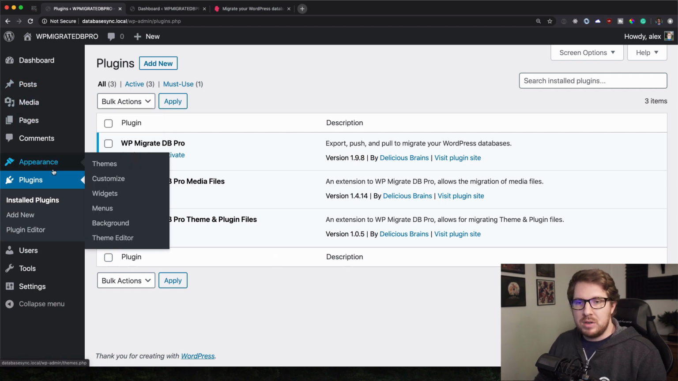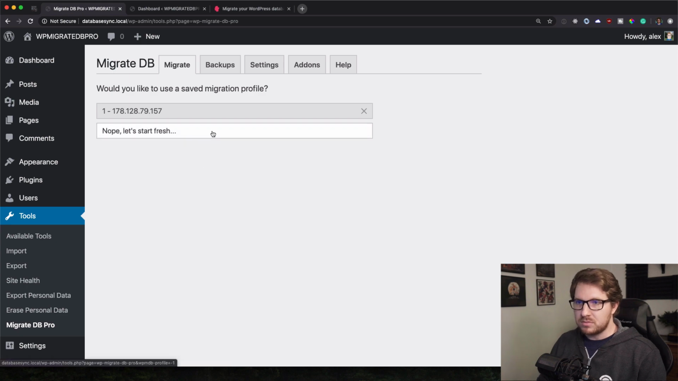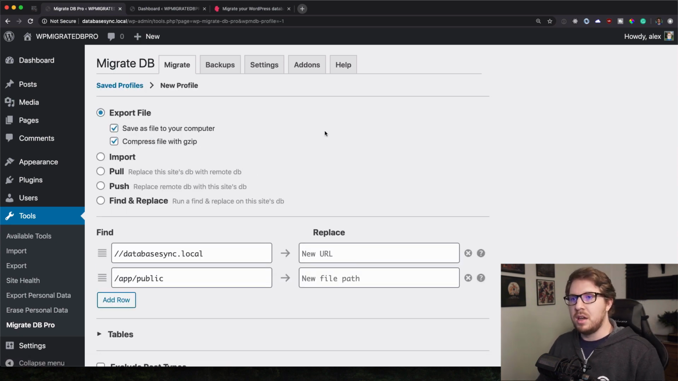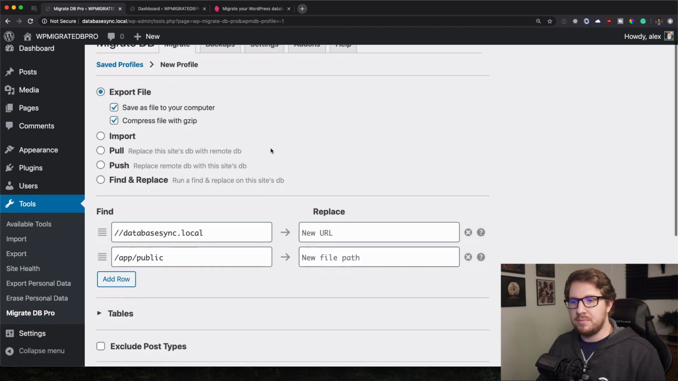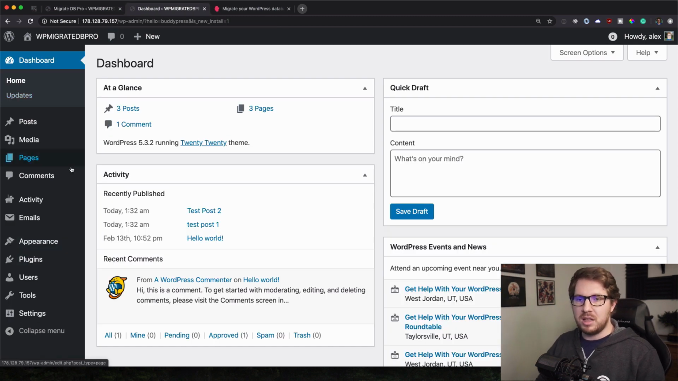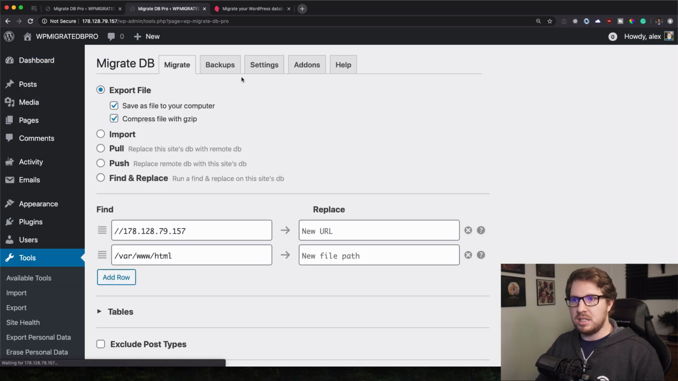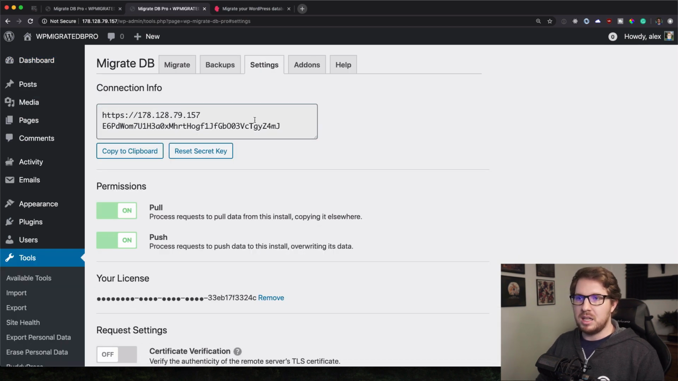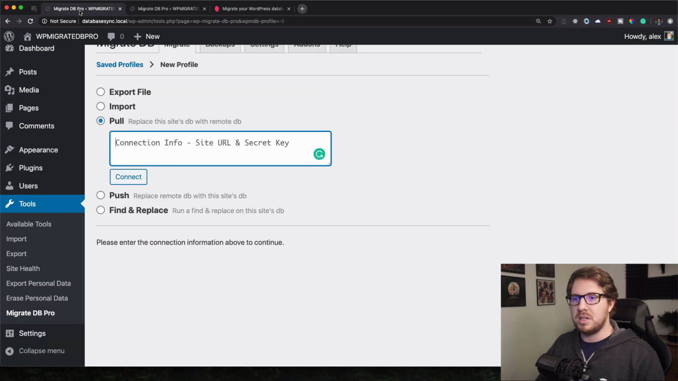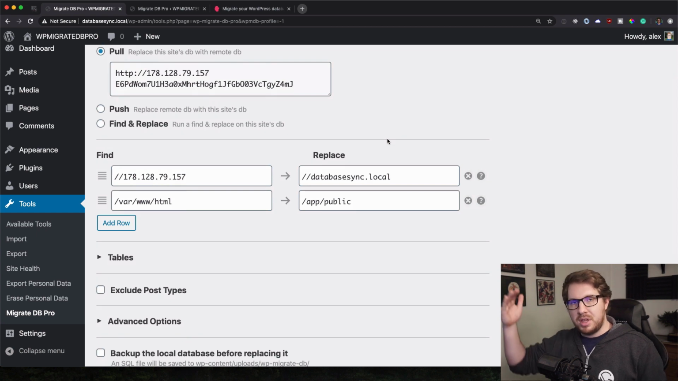So what I'm going to do is go to Tools and Migrate DB Pro, and then I'm going to do a fresh profile here. And then I'm going to pull. That means I want to go out and reach from my live site and pull down all the stuff. So I'm going to go to my live site here, go to its version of Migrate DB Pro settings, and get the connection information. Copy to the clipboard, paste it in,